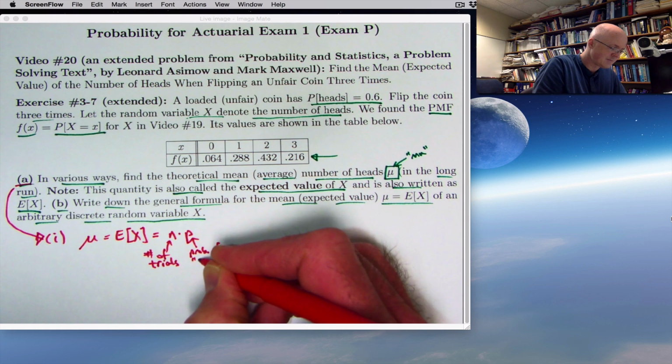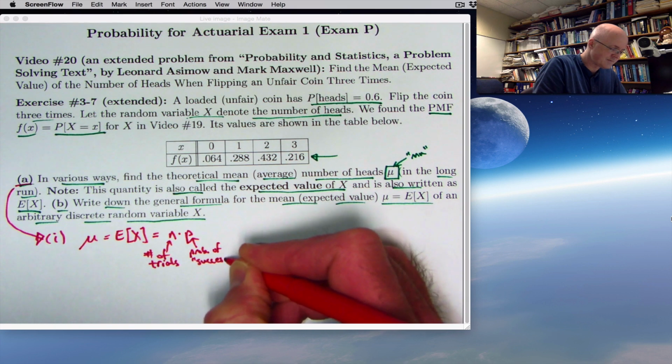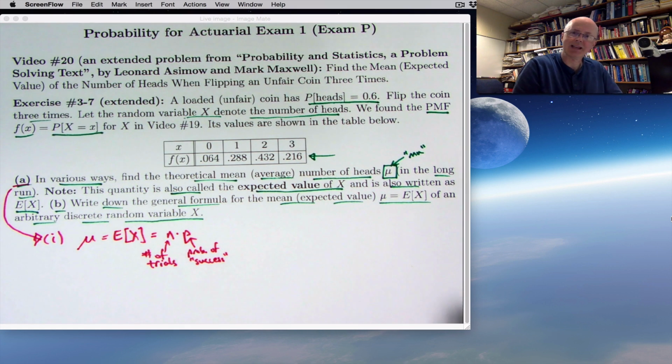Now I'm using these words because I'm trying to emphasize that X actually is a very special kind of random variable. It's called a binomial random variable. Whenever you have a certain fixed number of trials that are either a success or failure, the probability of success stays constant on each trial, on each flip in this case, and the trials or flips are independent of each other, so that we can derive the formula that we derived in the last video,